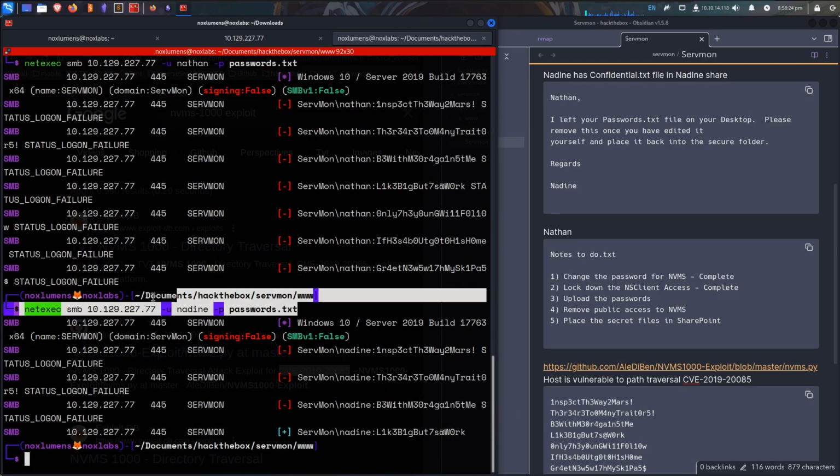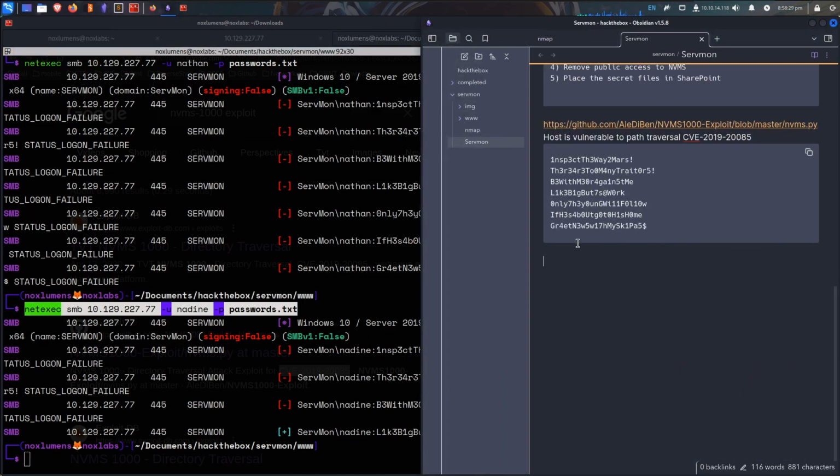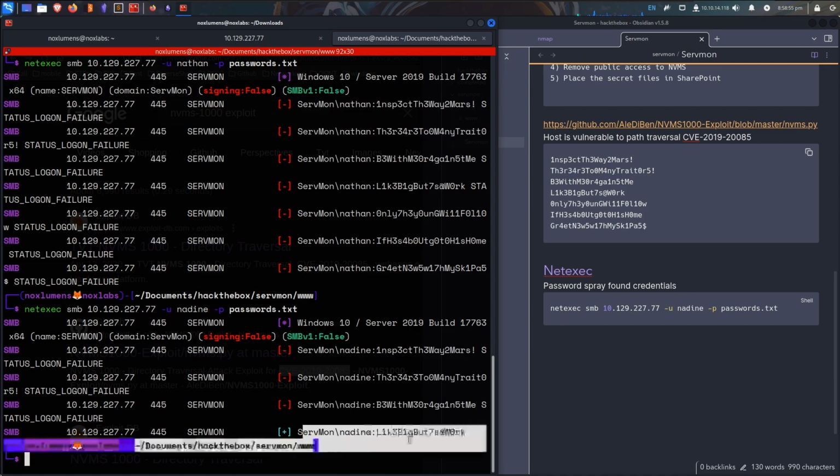I'm sorry. Big sucks for you. Okay, cool. And we used netexec to password spray, netexec password spray, found credentials, and we were able to locate Servmon,